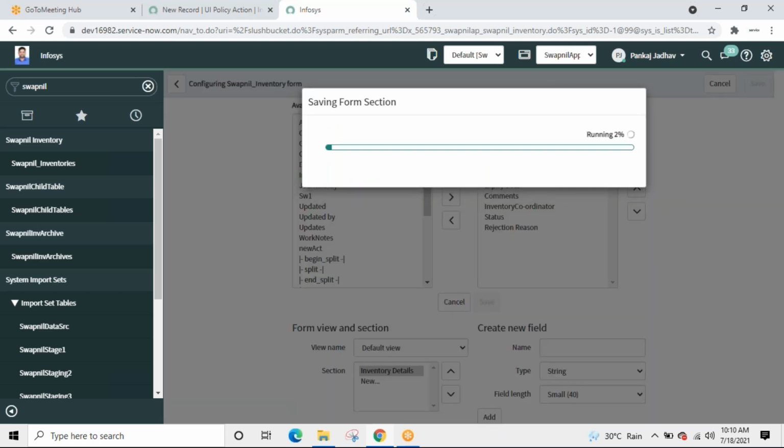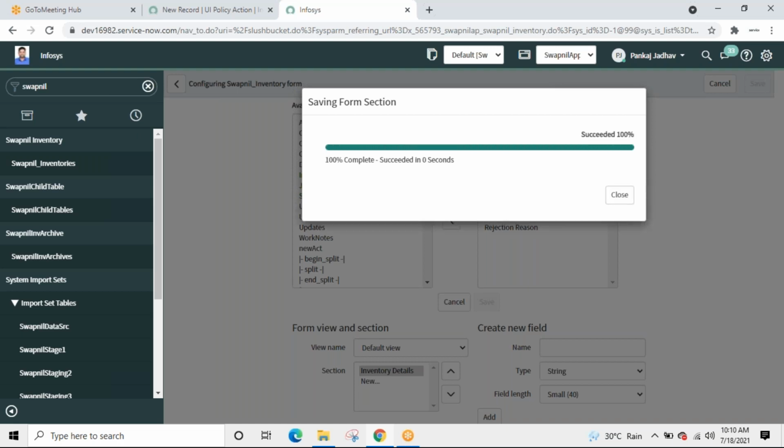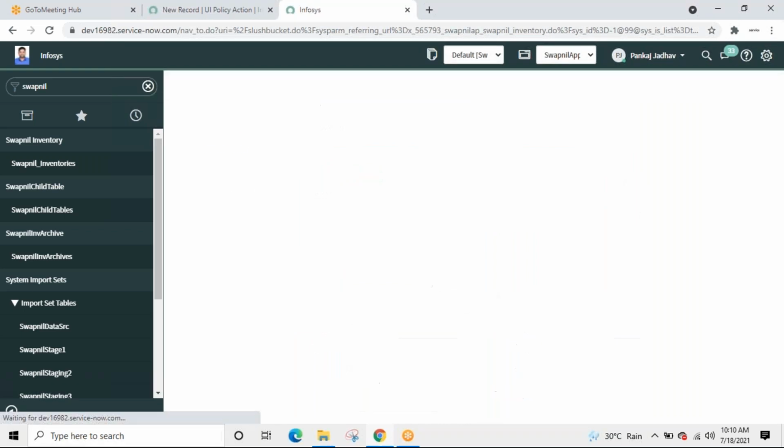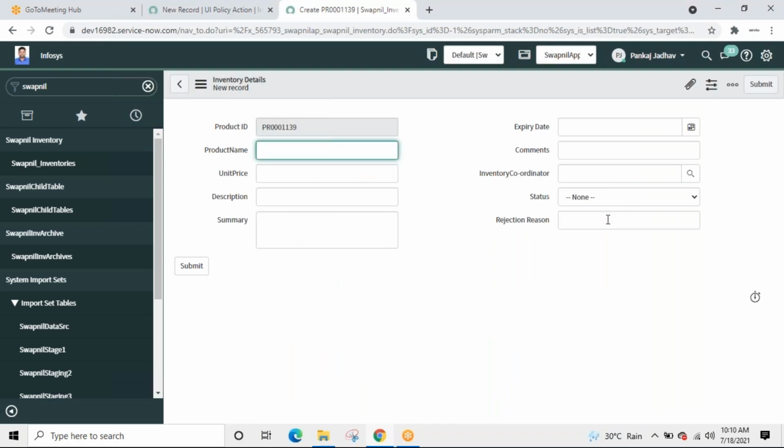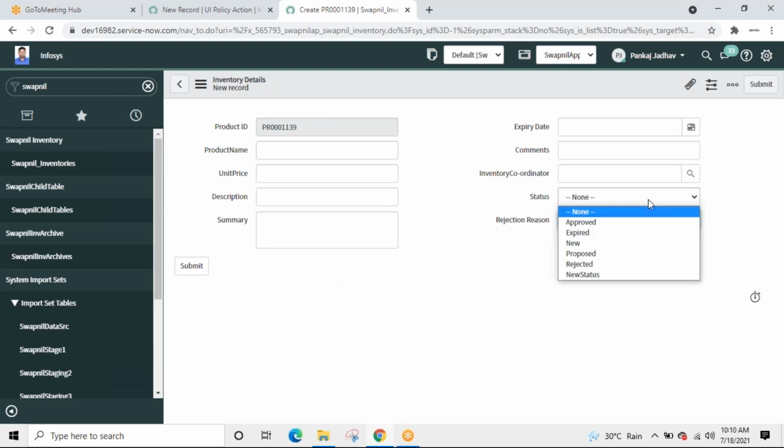A new field called rejection reason added on the table. Let us see how does it look. This is the field. We want to see this field only when it is rejected. Otherwise, no. If the status is something else, it should be hidden. Currently, it is not working because we haven't submitted the UI policy. We haven't written anything yet.